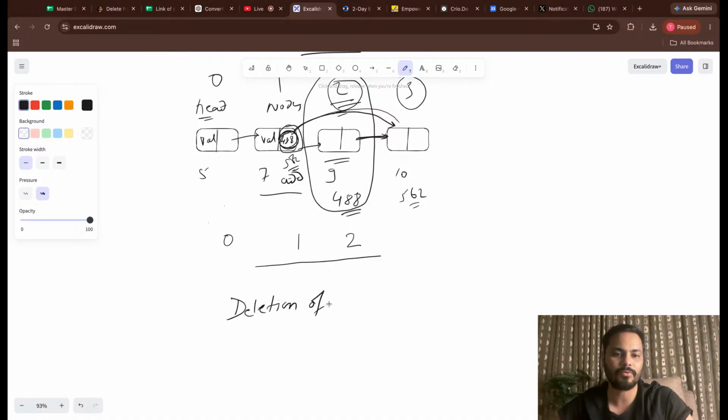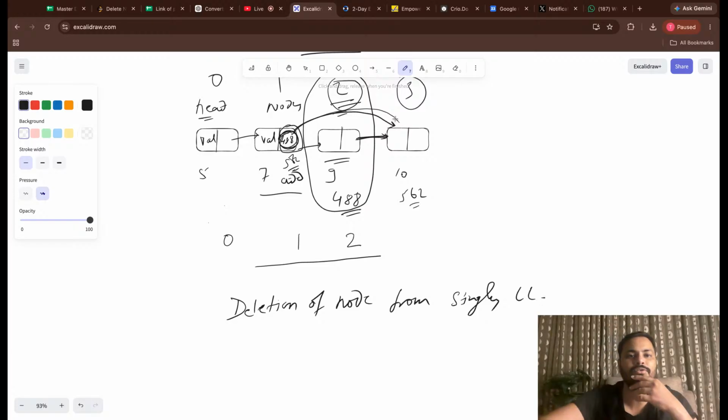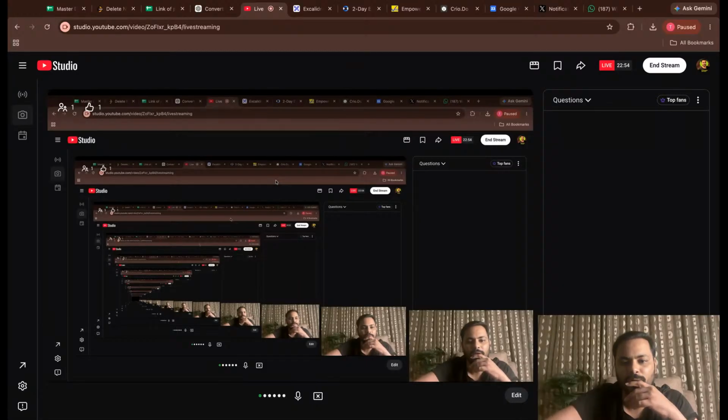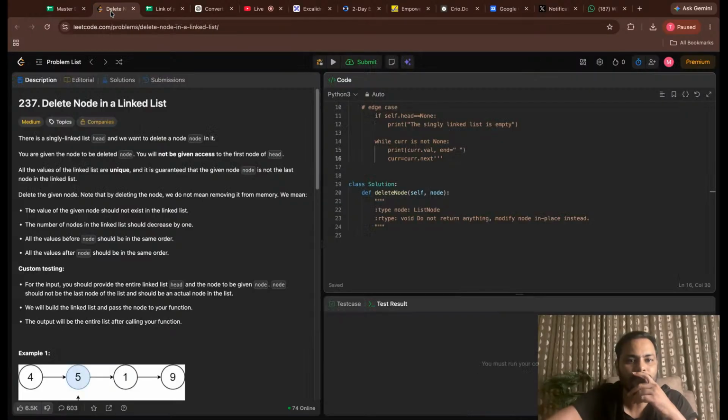Deletion of node from singly linked list. Deletion of node from singly linked list, right? So that is how it goes. Okay, so this is the question we want to do. 237 number LeetCode, and it's a medium level question. Okay, so we have to be very careful. So this, let us read